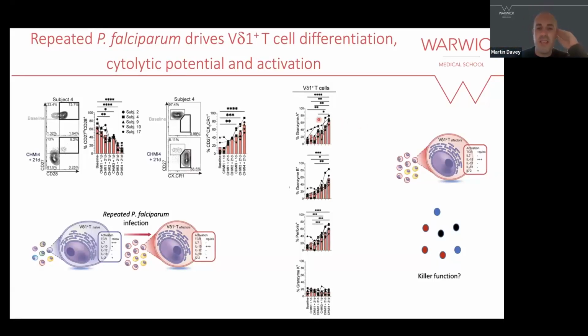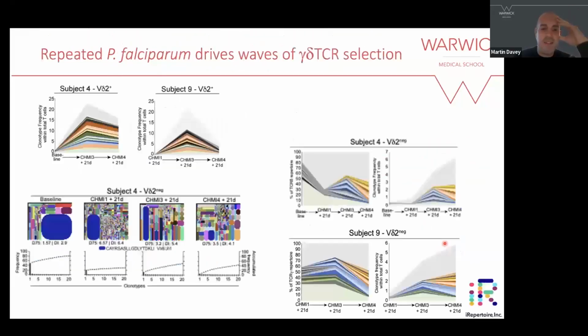And you can also see here quite critically that their killer function, so granzyme A, granzyme B, and perforin expression were exponentially increasing as the repetitive infections increased. But other granzymes, such as granzyme K, whose function is not well understood, didn't change. So there were certainly markers that didn't change that were irrelevant to this effector response, but ones we'd seen before that did change were really important. And so it suggests maybe they're engaging in anti-malarial killer functions.